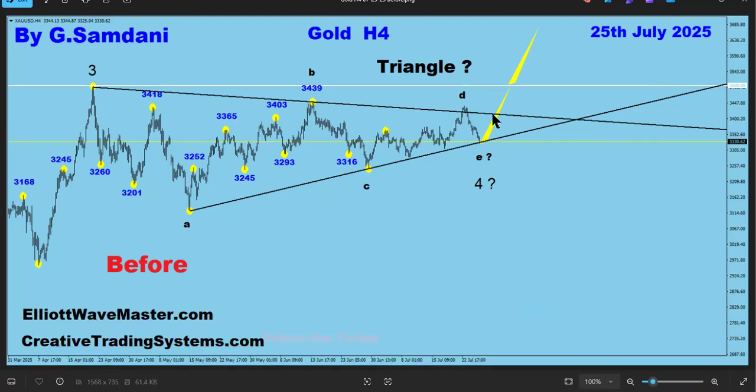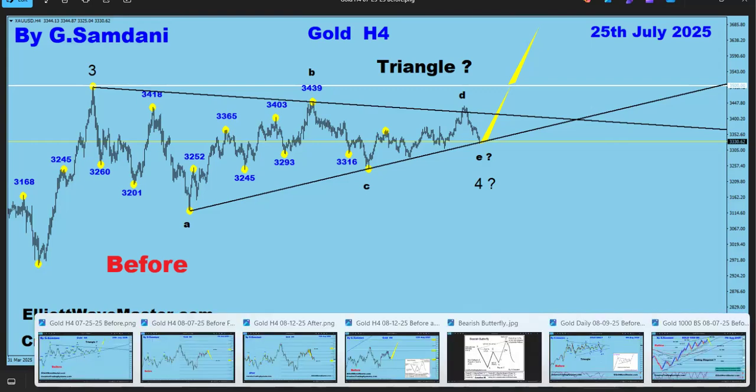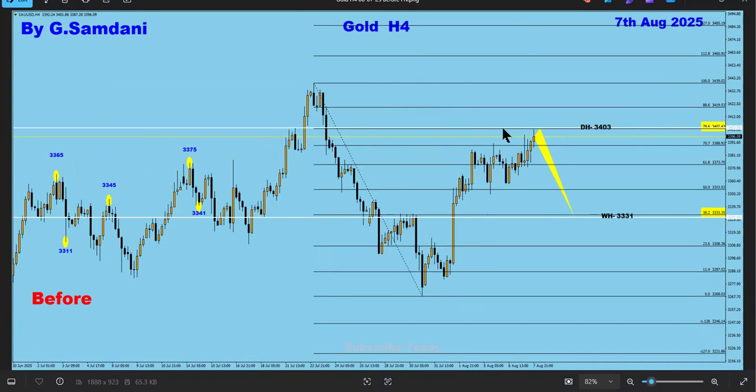And when it was hitting the TL, I made the chart. Let me show you that another chart. So this was hitting the TL here. The TL was coming here, right? So it went up and it was here. And then if you pull the fib from here to here, you see that it is around 78%.